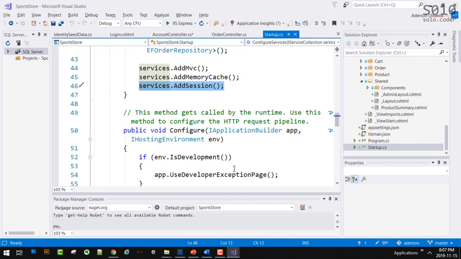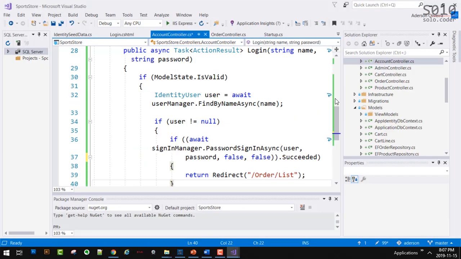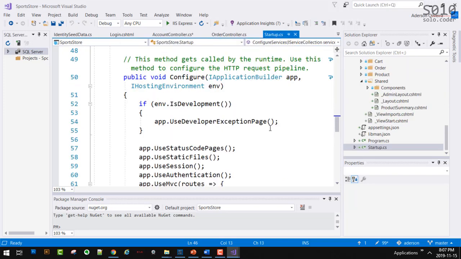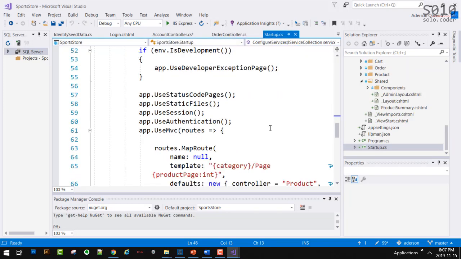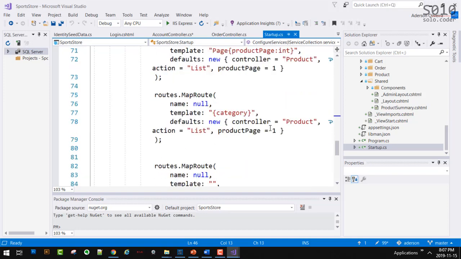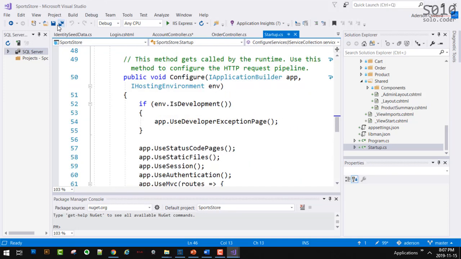So you can try to play around with these parameters here. Try to put this to true and see if you will still remain logged in. I'll give it a try here. Okay, let's try this.